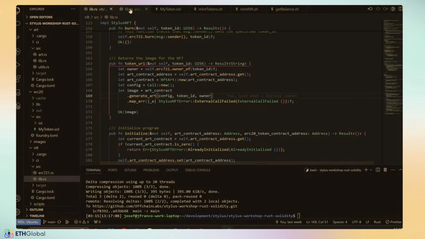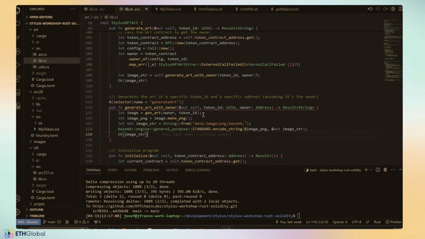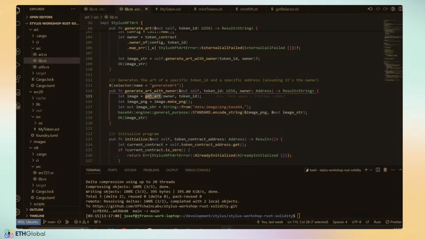And when we receive the call in the art contract, we mentioned that we are calling this one because we are passing both parameters. We call the gen art internal method, and we create the PNG, and we just return the base64 string of that PNG, right? Now,